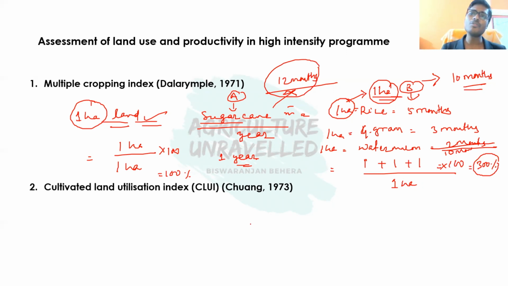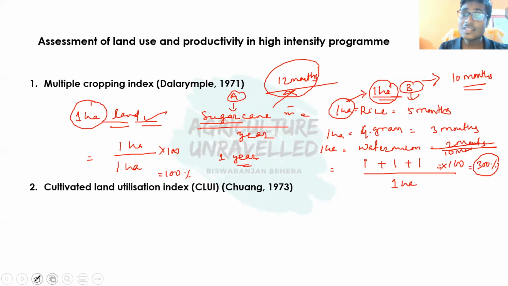Land utilization is not only about the land in a farm, because we know that cropping is nothing but the harnessing of solar energy. If the solar energy harnessing period is higher, then crop productivity will be higher, because carbohydrate fixation through photosynthesis is also higher. As a result, the productivity will increase. So we should consider the solar energy harnessing period.